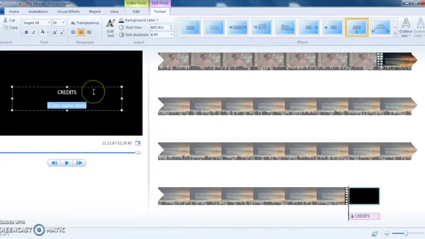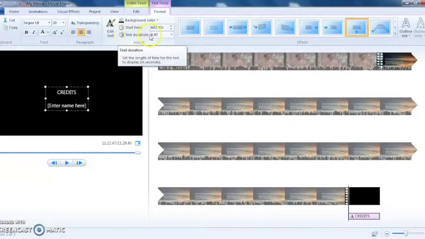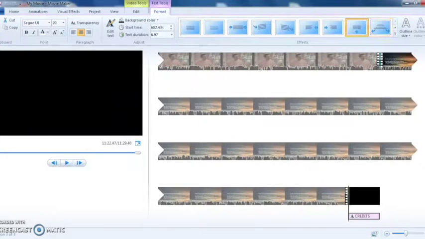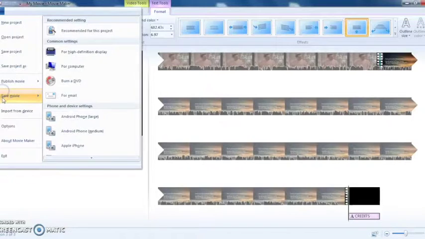So what you'll do here is put your group members' names in, and you can have the text effect that you want as far as introducing the credits. And again, you'll want to make sure that the text stays on the screen long enough for everyone to read the credits, all of the different names and things like that. So again, you can set the text duration here. And so once you're done, of course you want to save movie,